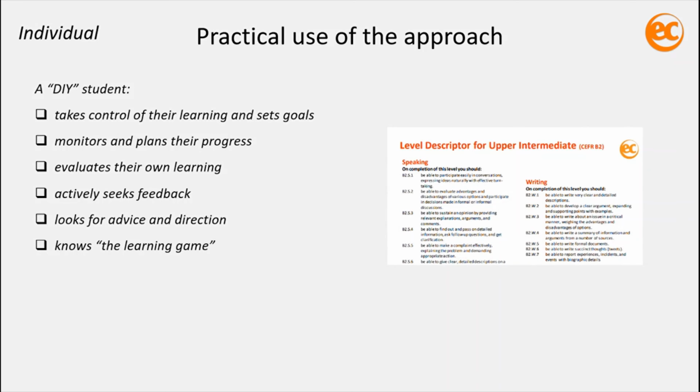So a DIY student knows the learning game. I'm sure that in your schools as well you have level descriptors. These are indicators that show us the level of a student, and in theory, if you can do all of those things on this descriptor, then you are ready for the next level. Of course, this is maybe quite a black and white way of looking at it, but for students, this means knowing the learning game. So again, just as punk bands need to play the game of negotiating with venues, promoters